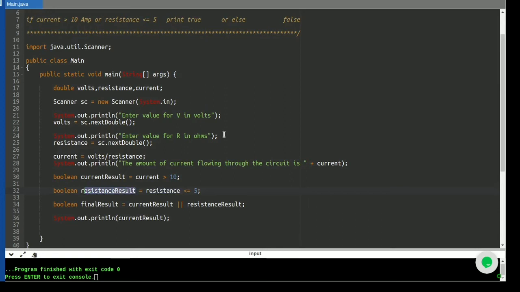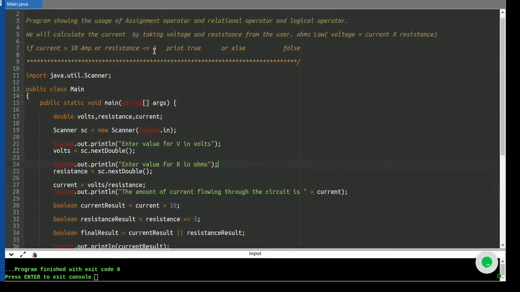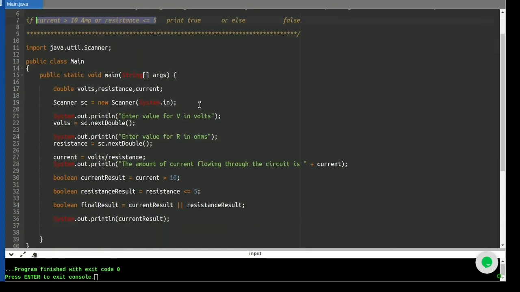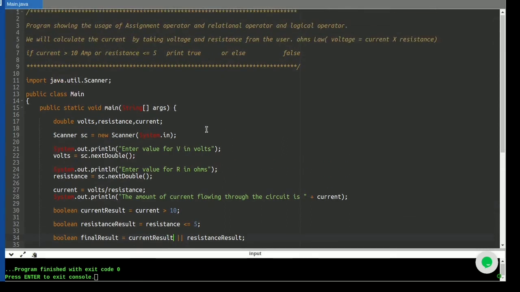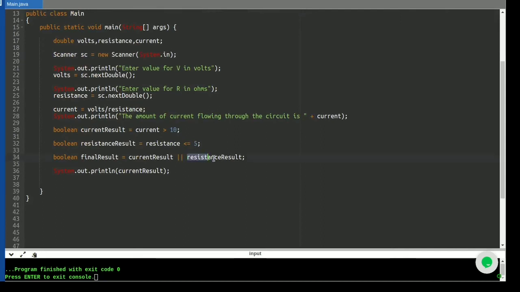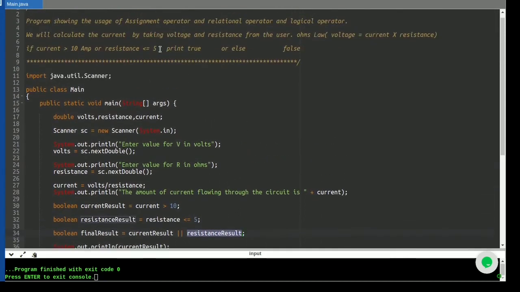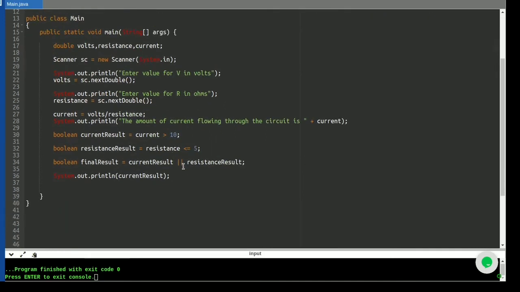After that we are to check the final result, for which we are to see if current is greater than 10 or resistance is less than 5. Now since this particular portion, the current result, represents current greater than 10, and this particular portion, the resistance result, represents resistance less than 5, the only thing that we are to add is the OR, for which we are making use of the logical OR symbol, which is the pipe symbol.